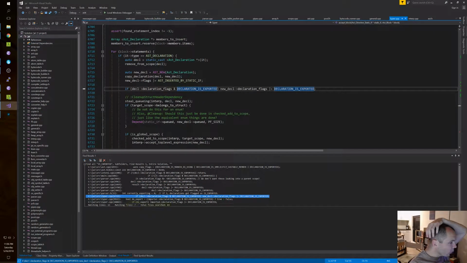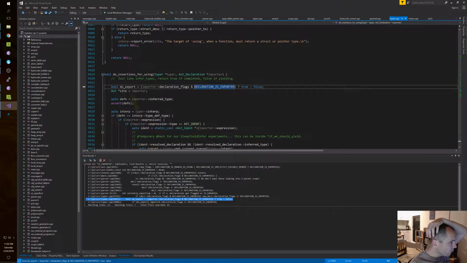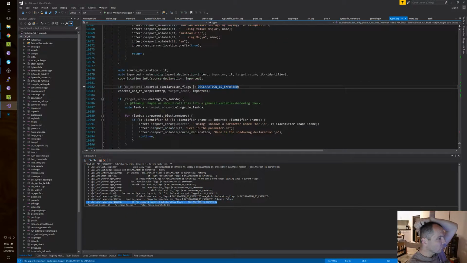This is what we're looking at. This is a bit of a runaround.